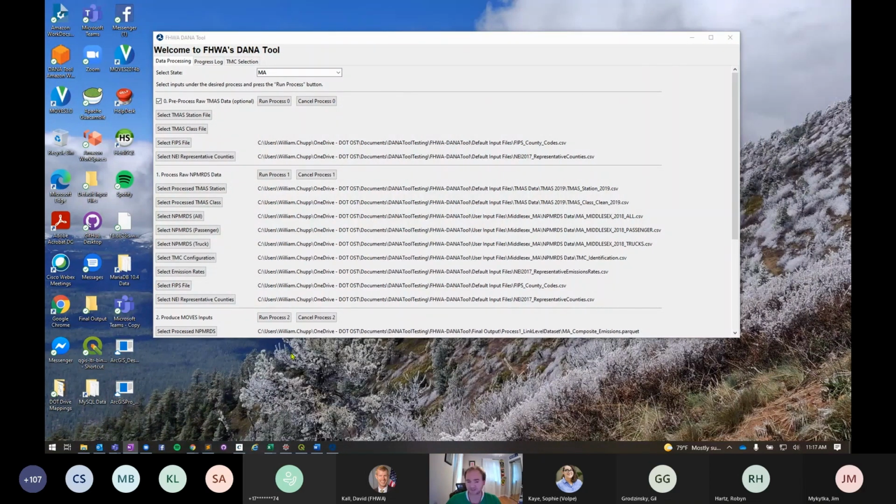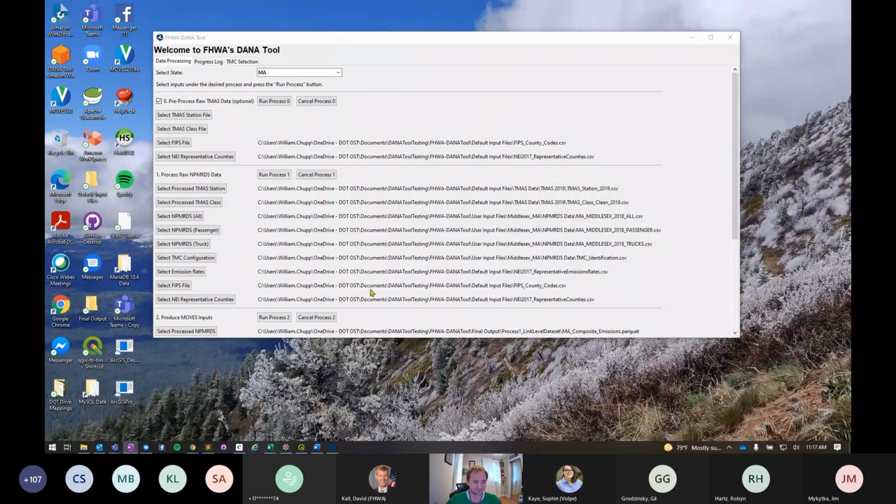There's a couple different places that users need to go grab some data from different sources, and this is what really defines the specific roadway links that are being analyzed, or the localities and the state and county, and the time periods